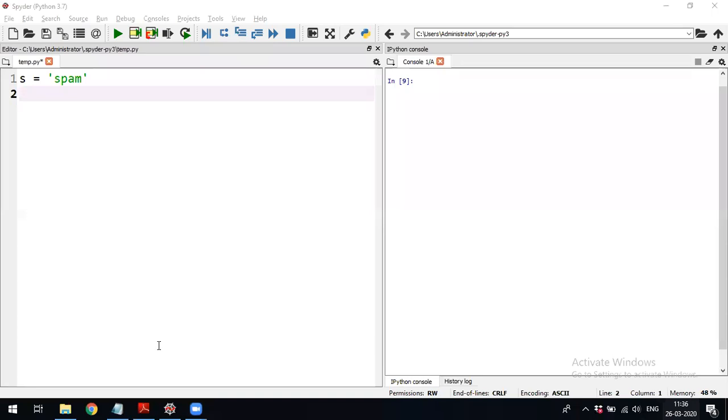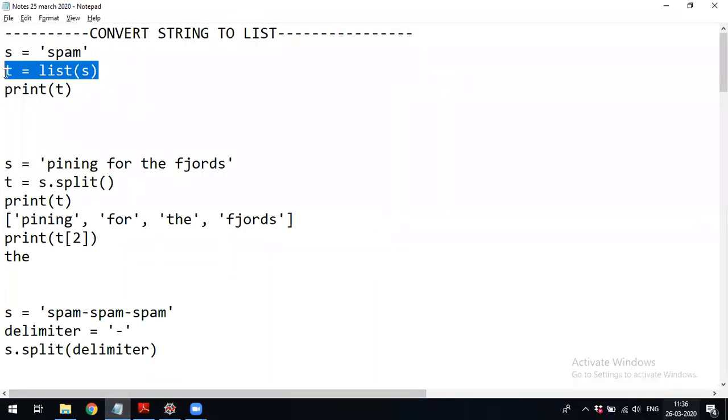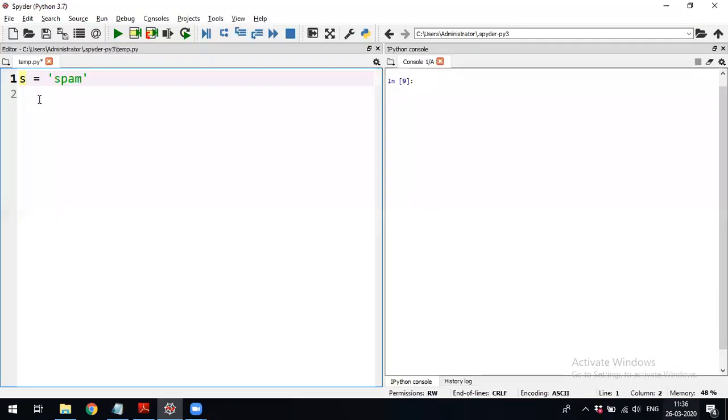Okay. Now if I want to convert a string into a list, I want S, P, A, M separately stored in the list. In that case, we'll initialize a string which is stored in a variable called s. Now I'll pass that to a list.